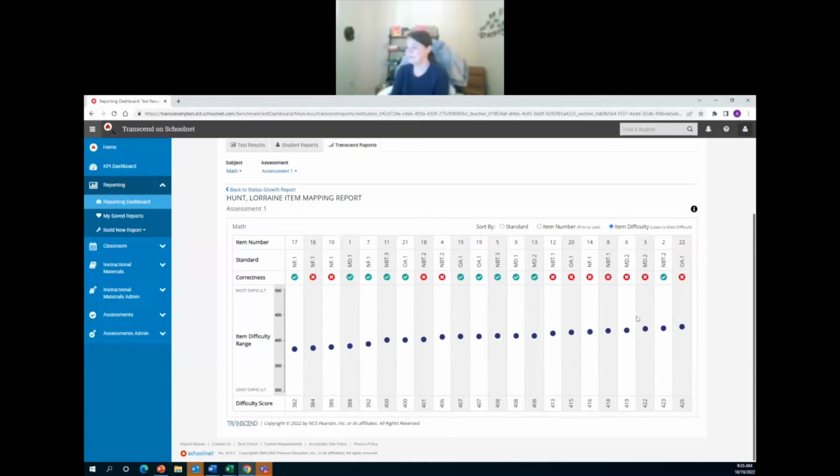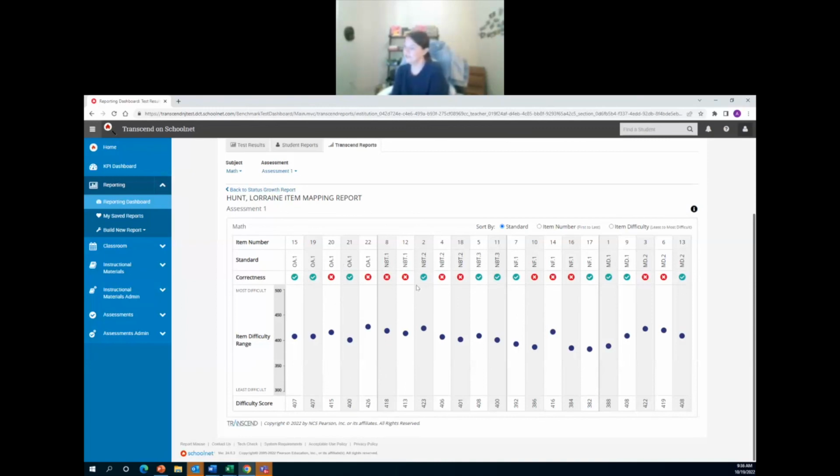So I'm going to go back to standard here and take a look. And I can see the different standards that were selected as part of the Intelligent Test Blueprint. We sample across standards, but we exclude standards that were not actually indicated within that Intelligent Test Blueprint. So for this particular one, it looks like OA.1 was selected, so she received quite a bit more of those items than what we would have seen if OA.1, OA.2, OA.3 were selected. In that case, she maybe only saw 1 or 2 items for each of those standards.